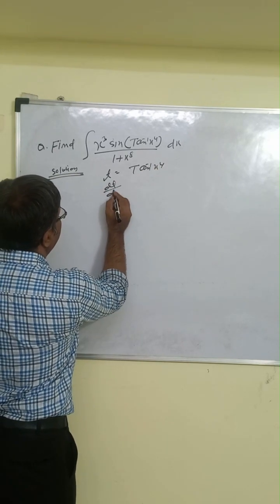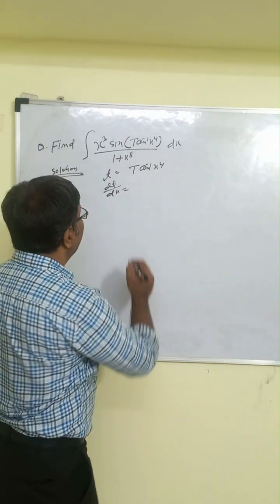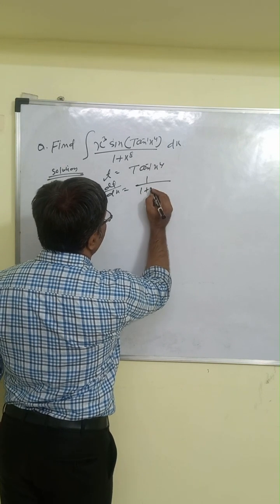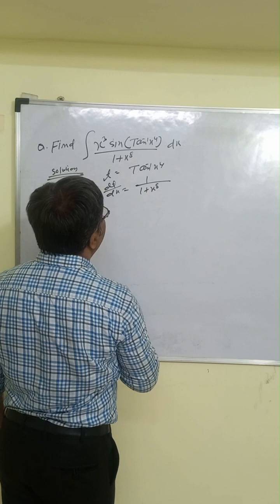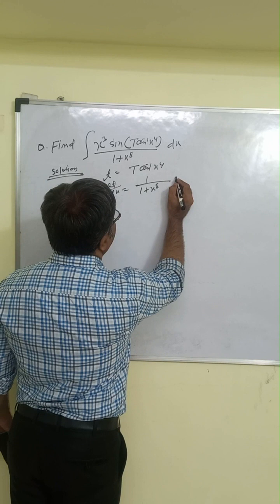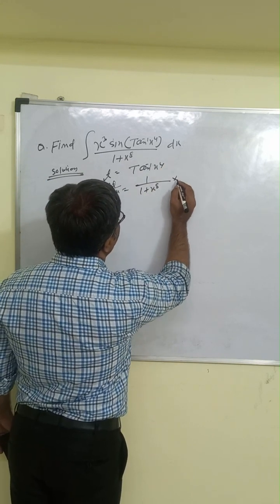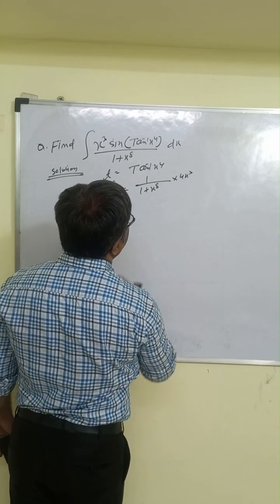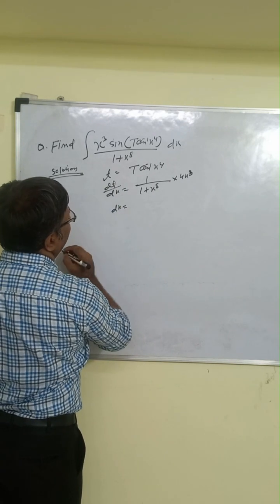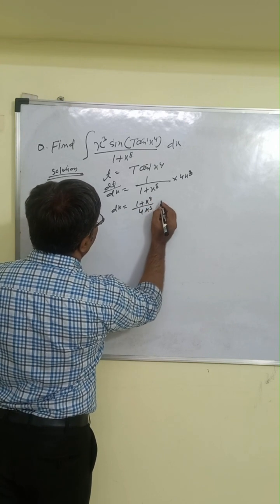So we know dt by dx will be what? Derivative of tan inverse x is 1 upon 1 plus x square. So this is 1 upon 1 plus x to the power 4 square, so we will get x to the power 8. So the derivative of tan inverse x is 1 by 1 plus x square, and into the derivative of x to the power 4. So we can find this what? That is 4x cube, right? So we will get what? That is dx equal to 1 plus x to the power 8 divided by 4x cube